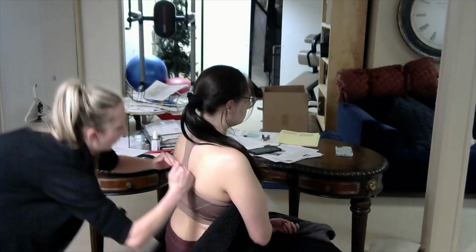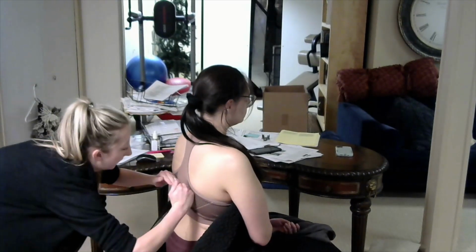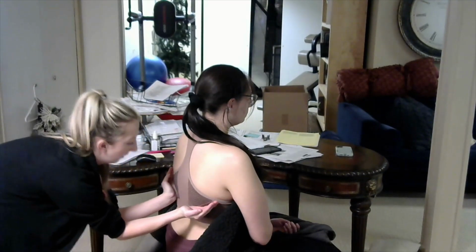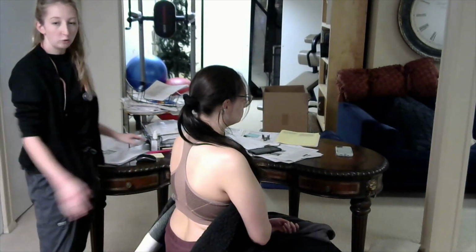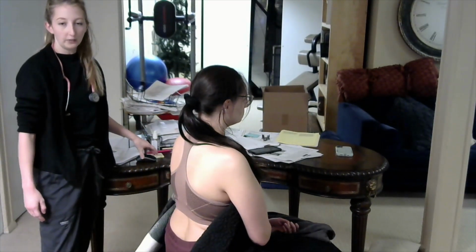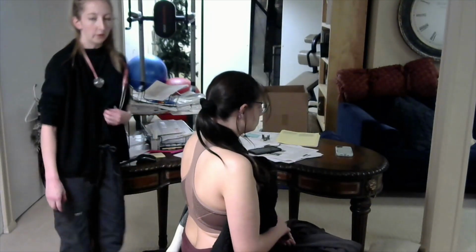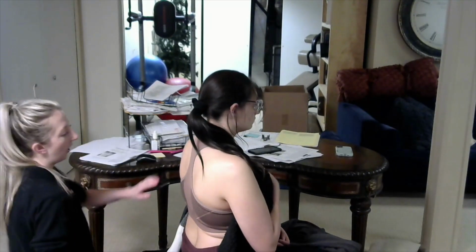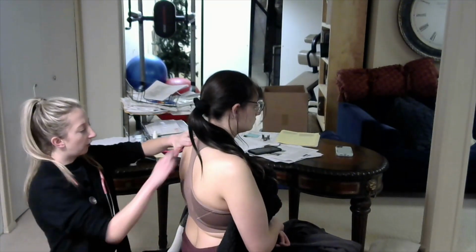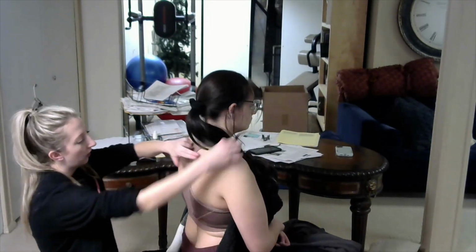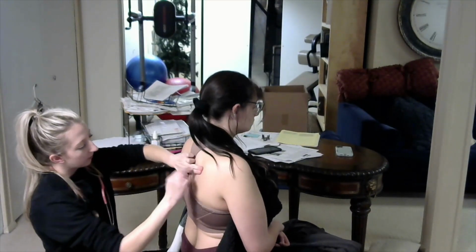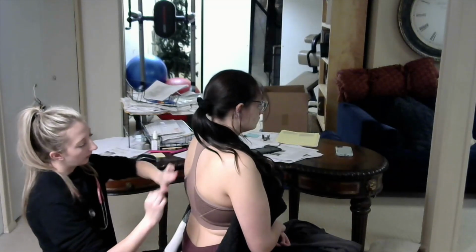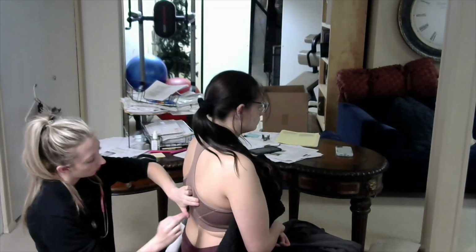Blue moon. Blue moon. I'm feeling for vibrations and making sure that they are equal and symmetrical on both sides. I'm going to now percuss the patient's posterior chest. I'm going to make sure that I am symmetrical on both sides, noting any resonance, dullness changes,